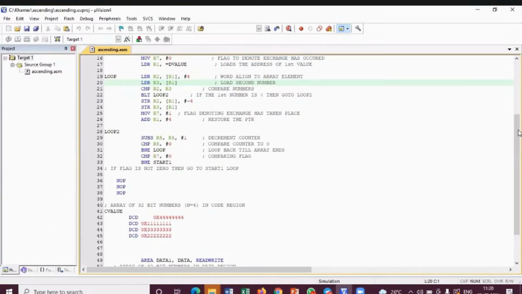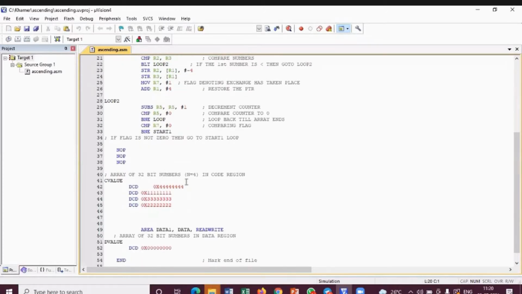Okay, these are the numbers which are stored inside the memory. By now you all know how it is being stored inside the memory. I don't have to say, right? Bank 1, Bank 2, Bank 3 and Bank 4 is the memory organization. So these are the numbers which are being stored inside the memory in this format.